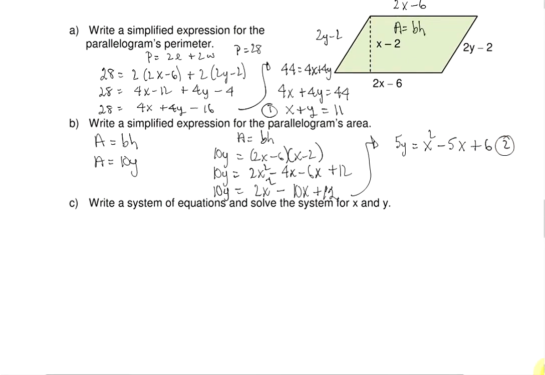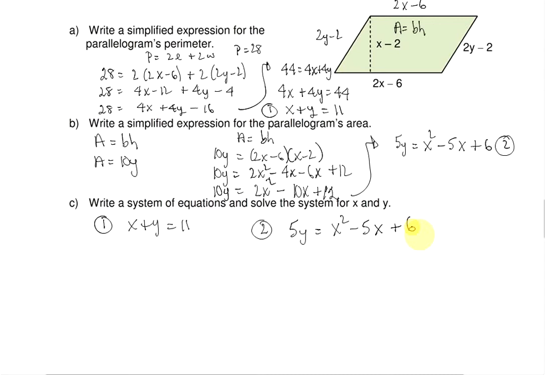So you want to write a system of equations and solve the system for x and y. And so we have our first equation, which is x plus y equals 11. And we have our second equation, which is 5y equals x squared minus 5x plus 6. And you need to make a decision as to whether you want to use elimination or substitution to solve. And I'm going to use substitution because if I look at equation 1,